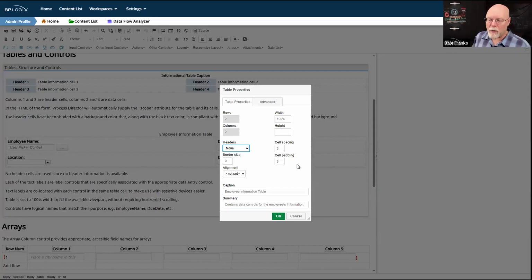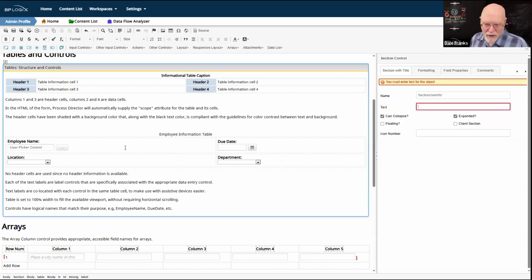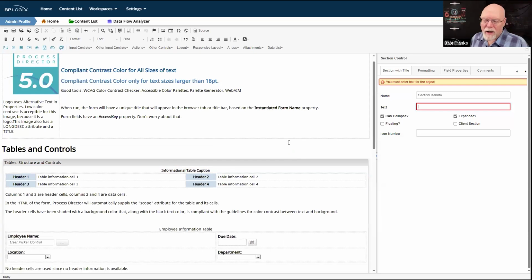Now, I've also done it down here in this second table, this employee information table, where if we look at the table properties there, there's my caption for the employee information table, and here is my summary. In this case, even though it is in a section and I've just got these four fields, I would at least think about whether I should